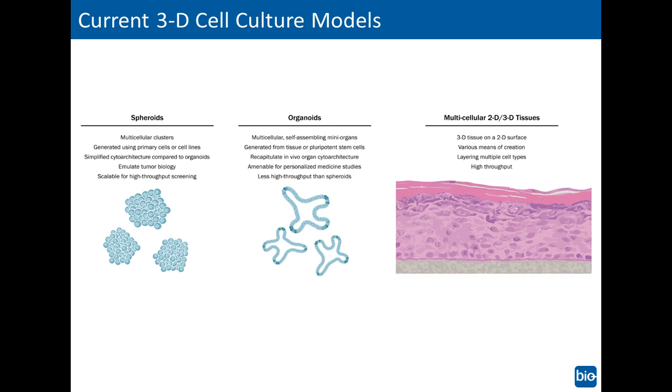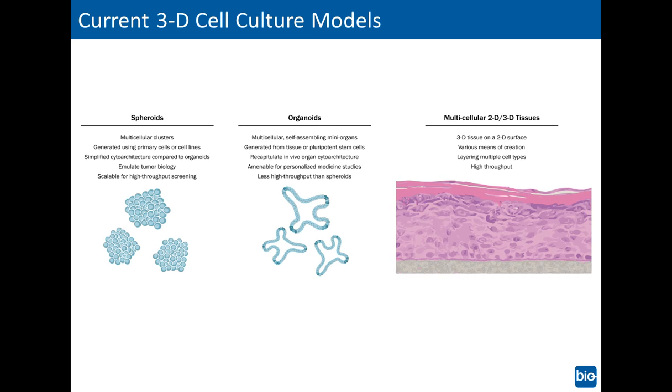spheroids, and they naturally aggregate into these multicellular clusters, and they are free-floating in the liquid media, and they can provide some nice physiological readouts, at least compared to 2D systems. And they're scalable for high-throughput screening, which makes them beneficial for drug testing. But the thing to consider here is that since they're derived from cell lines or primary cells, there are some drawbacks as well. For the HepG2s, it's a cancer line, so it could give some off-target effects as